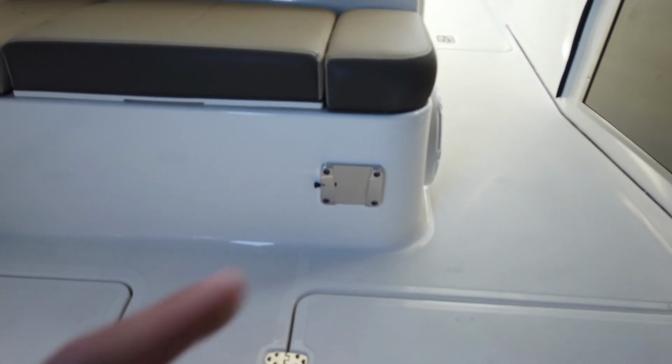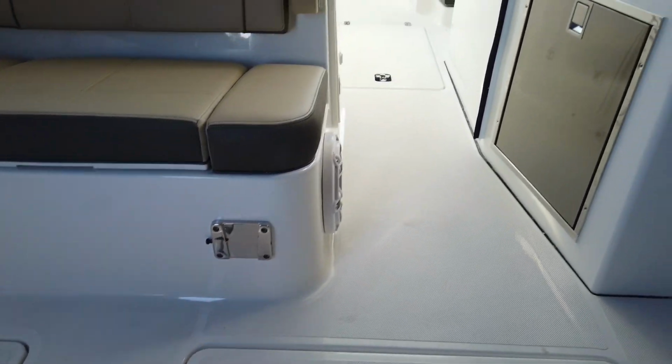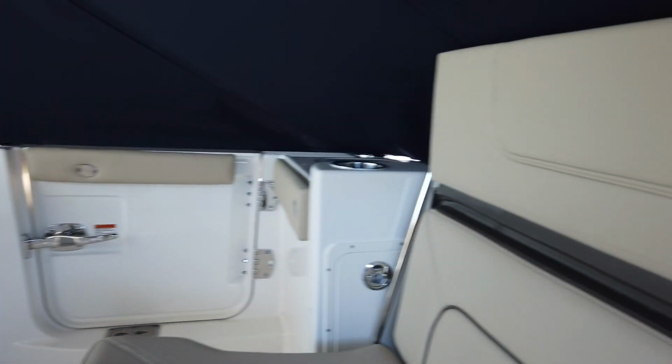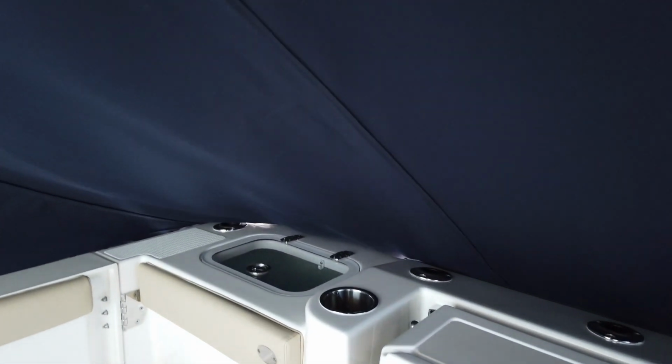You can see that little tab right there is for the cockpit table, so you can slide it on there, and then there's one all the way forward on the boat in the bow as well. Alright, let's tuck that guy in. Seat, you see more rod holders across the back of the boat, so even though it is a dual console